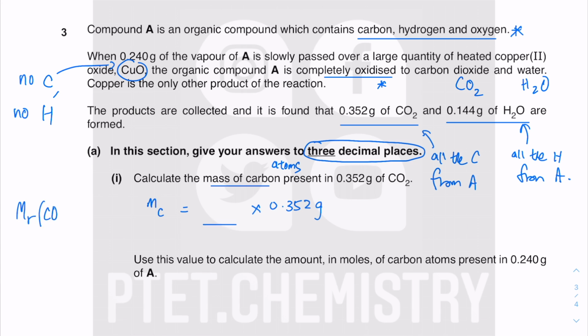The molecular mass of CO2 is 12 times 1 plus 16 times 2. Press into your calculator, you get 44. Out of 44, how many are carbon? You have 1 carbon because they don't show you the 1 there. So it's just 12 times 1. Out of the 44, you have 1 carbon, the mass of which is 12. So 12 out of 44 times the total mass of the carbon dioxide. And you will get